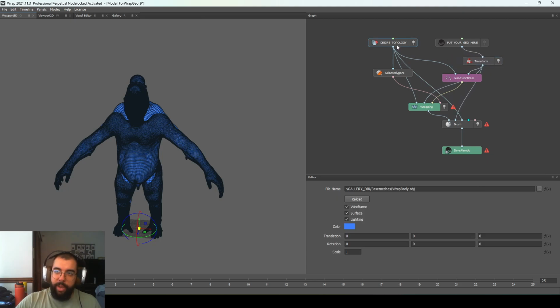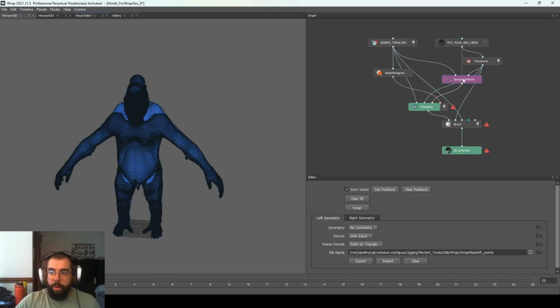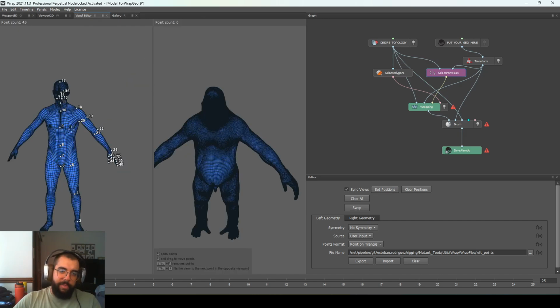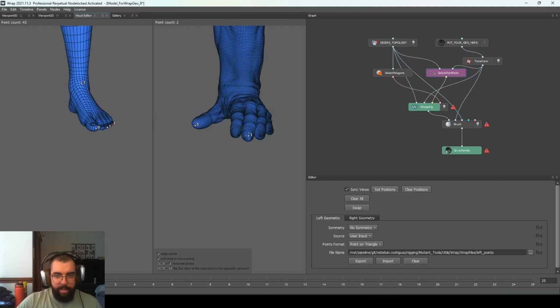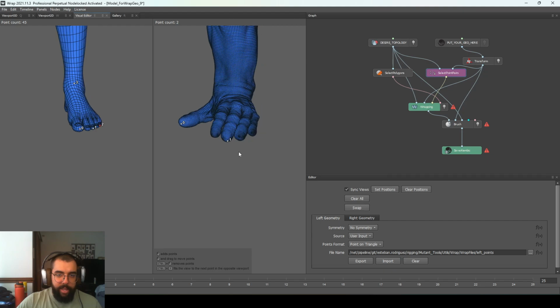This works like this. We have the desired topology, we have the geo, and it's going to make the desired topology into our geo based on some point selections. We go into visual editor and we already have this side placed. You can just click and place another point if you want. And this works like this. You don't need to be perfect about this because again we're going to be checking it. But if you have the most perfect wrap, you have the best skinning and best guide